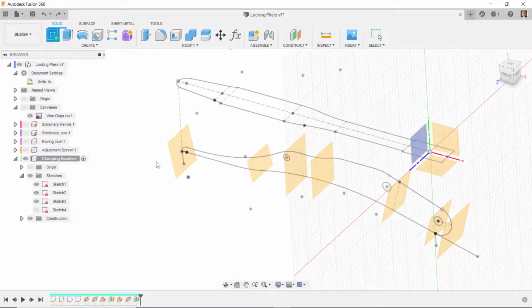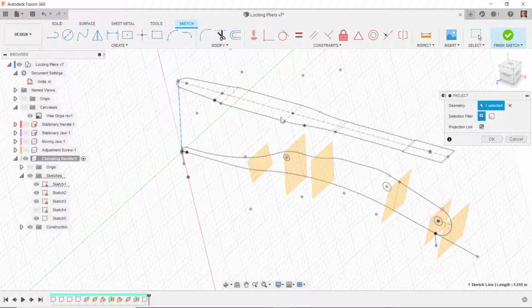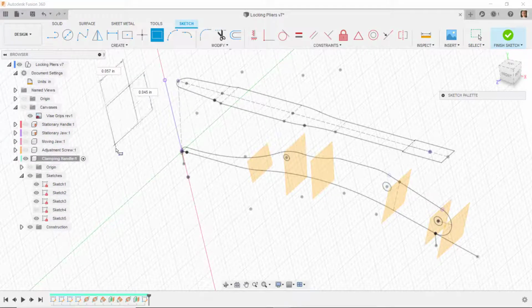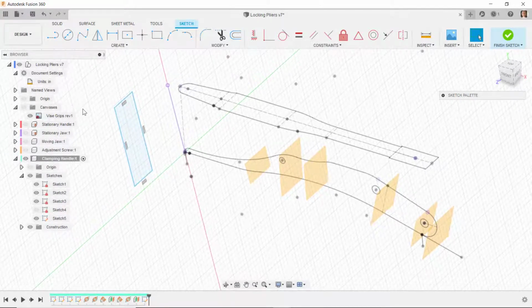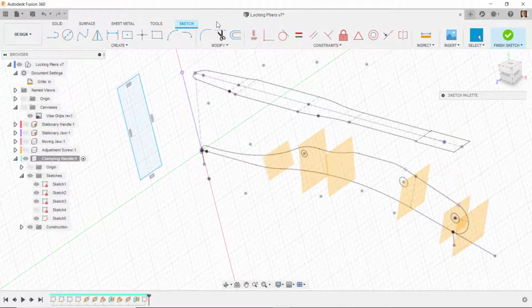So after starting a new sketch on this plane, I will then press P for project and select this line, and I'm going to draw a rectangle someplace out here in space, about like that. I will then put a fillet in these corners, and so I'm going to do fillet, and I will